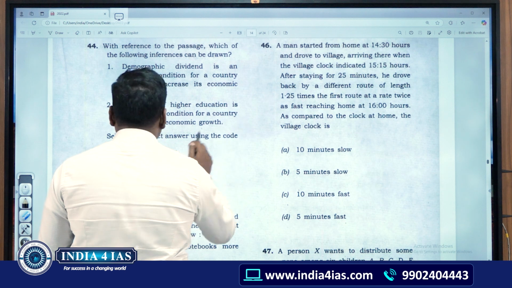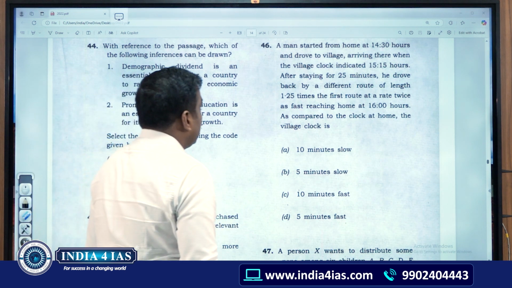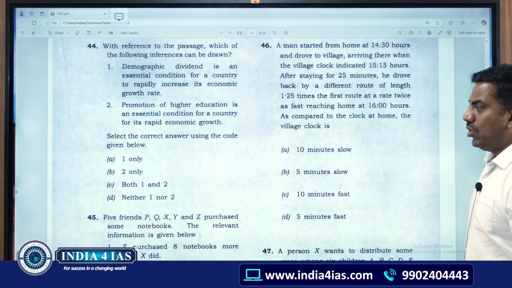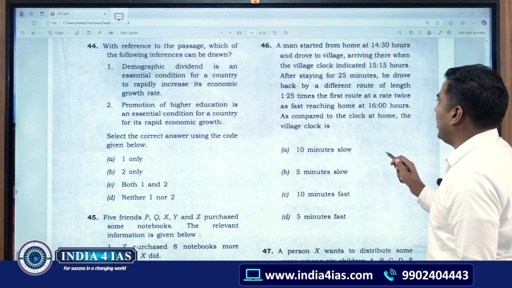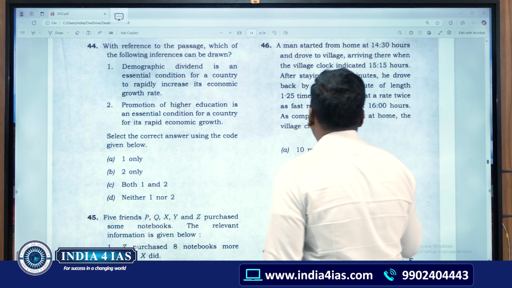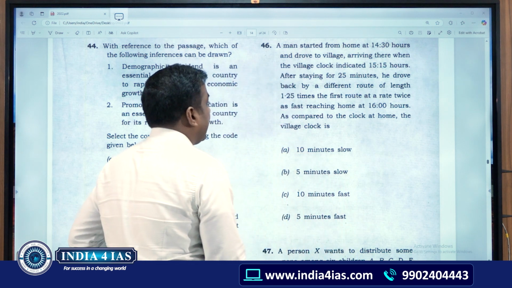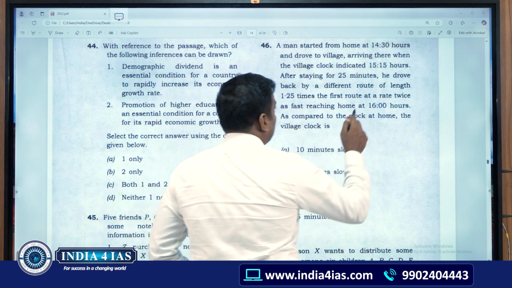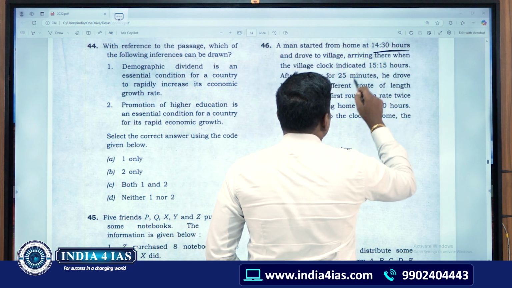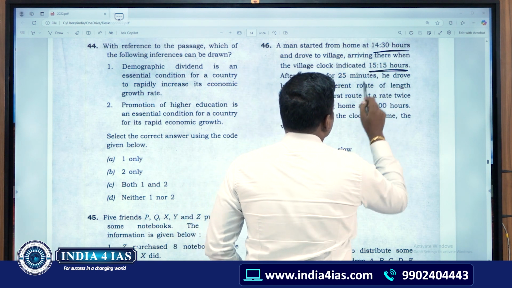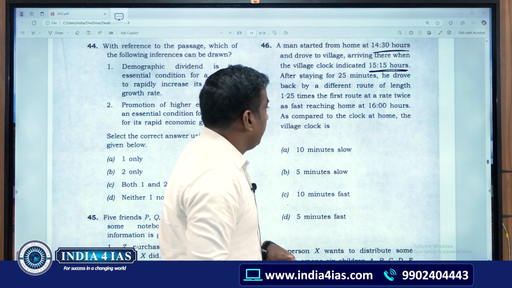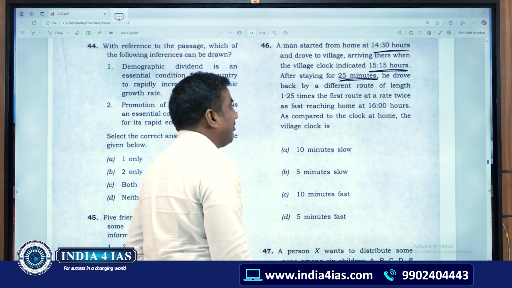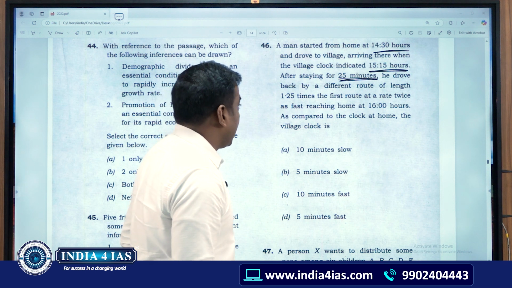46. A man started from home at 2:30, that is afternoon 14:30, and drove to a village, arriving there when the village clock indicated 15:15 hours. So when he started from his house, the house clock was showing this, and when he reached the village, it was showing 15:15. Then after staying 25 minutes there,